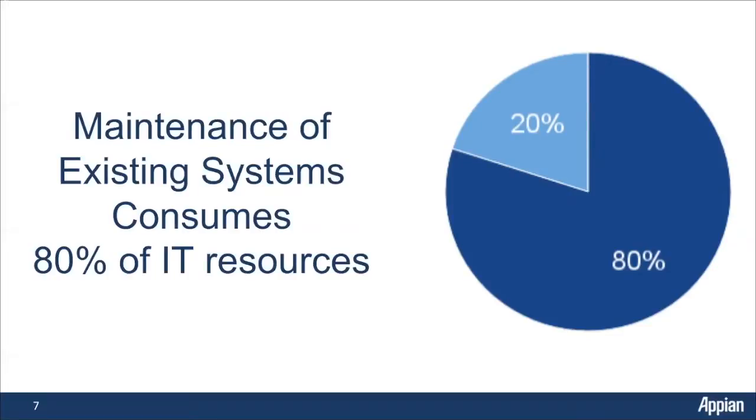So what we have today is an attribute of that legacy of what we have from yesterday: maintenance of existing systems. In our surveying, and many other surveys from other analyst organizations, say that 80% of IT resources are used just for maintenance of existing systems. That's a really bad number. When we think about digital transformation, in order to change the paradigm of your organization, this is the first thing we have to change. We need to change where we focus our time.